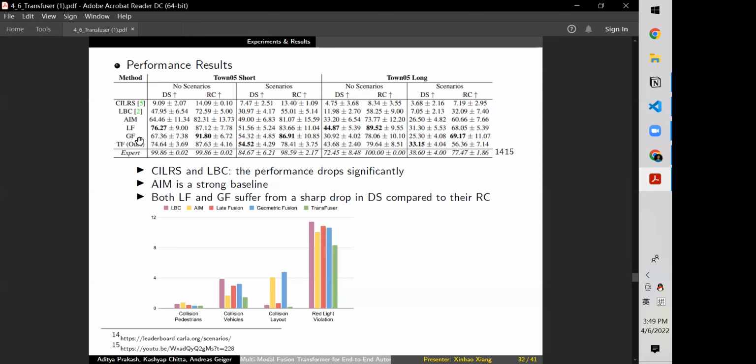You see, for example, the GF or the LF: even if their route completion score is higher, their driving score is not so high. And remember that driving score is route completion weighted by an infraction multiplier that accounts for collisions. So you can have a feeling that the LF and GF methods focus primarily on navigating to their goal at all costs, while they may ignore obstacles, which leads to several infractions. So in this three-method comparison, it shows that their method is more cautious, and it also indicates that attention is effective in incorporating the global contextual